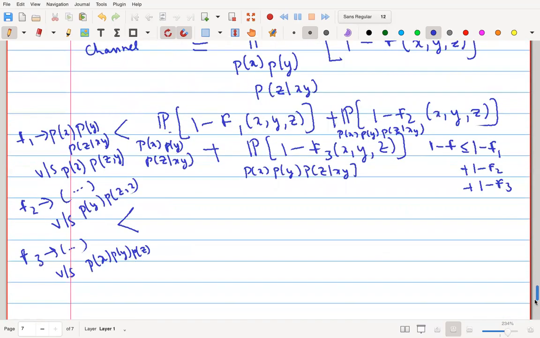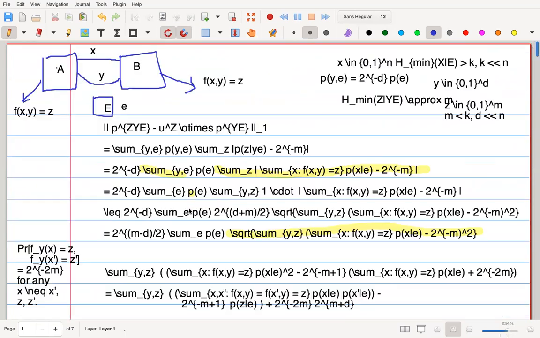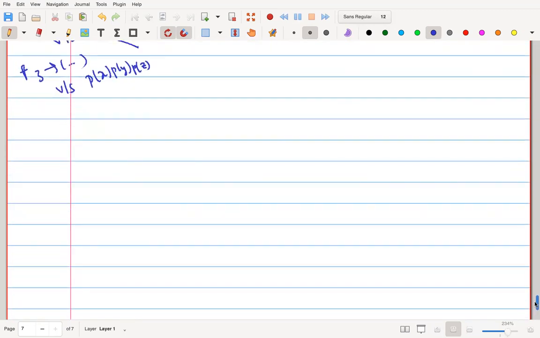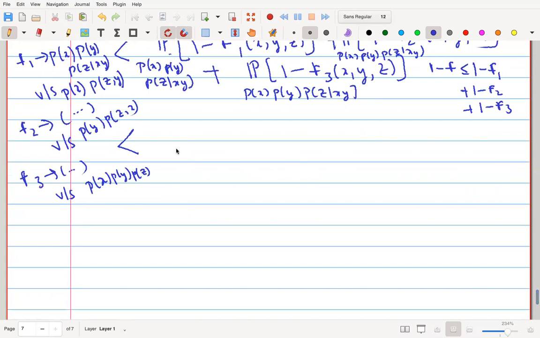So what does this mean? This means that under this probability distribution, f1 as well as f2 as well as f3 accept the positive hypothesis with probability at least 1 minus epsilon. So they will reject the positive hypothesis with probability at most epsilon. Each one of these quantities is less than epsilon, so the sum is less than 3 epsilon. Is this clear to everybody?